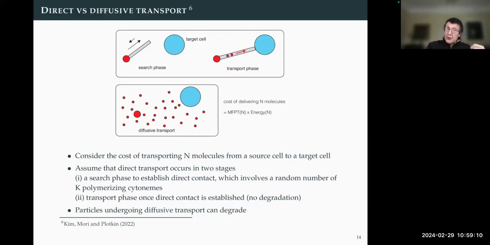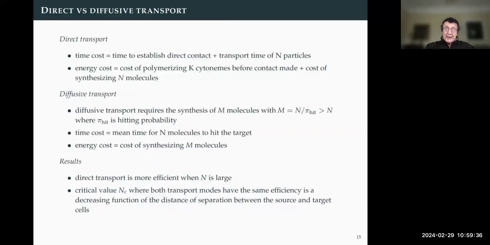In the case of diffusion, again, there's the cost of the time it takes for the diffusive molecules to reach the target, and there's also the cost of synthesizing the diffusion molecules. And of course, because diffusion is much more wasteful in a sense, you have to produce more molecules than needed in order to achieve the successful concentration gradient. So they fed all these features into their optimization model, as I summarize on this page, and then compared the two cases. And I'll just summarize the results.